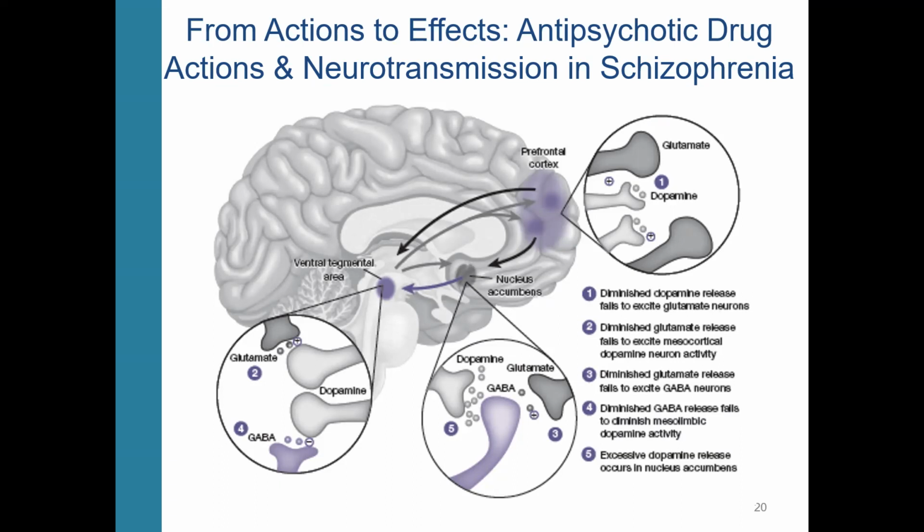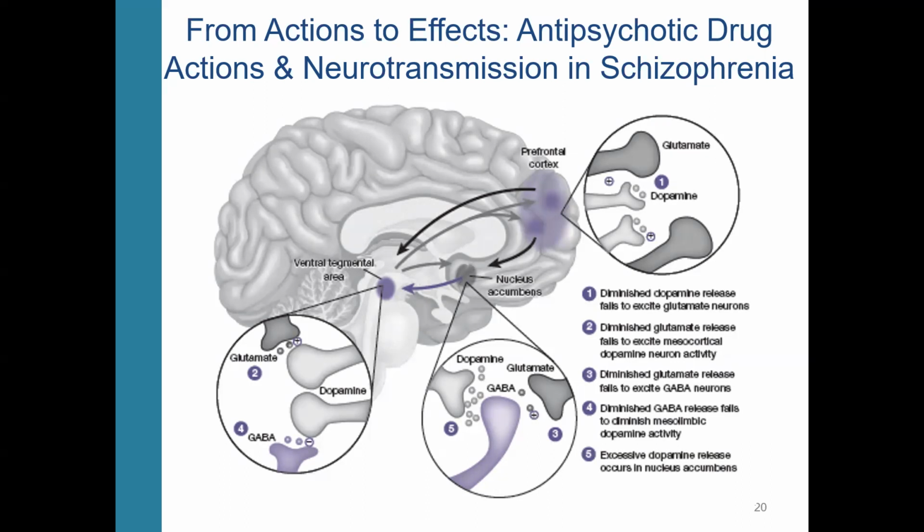In schizophrenia, disruption in neurotransmission occurs for glutamate and dopamine. In this image, we find underactive mesocortical dopamine neurons that originate in the ventral tegmental area and terminate in the prefrontal cortex and other parts of the cortex. Thus, dopamine levels in the prefrontal cortex may be too low. Diminished dopamine activity in the prefrontal cortex causes less activation of the glutamate neurons that innervate the ventral tegmental area and facilitate a positive feedback loop.